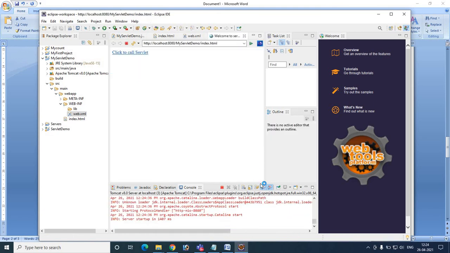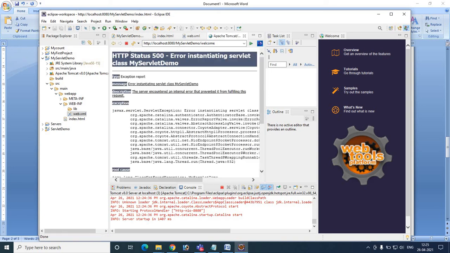Yes, it is running. Yes, the program is executing. The click to call server, this is the client page. When you click this message, in the href tag we have given the keyword welcome. In turn, the welcome will mapped with myservletdemo.java through the XML file. The myservletdemo.java will be called and the message will be printed. Let us click it. When you click, it shows the error.